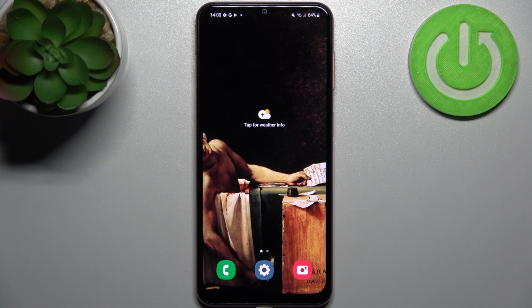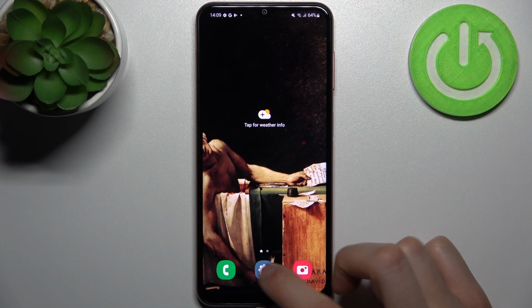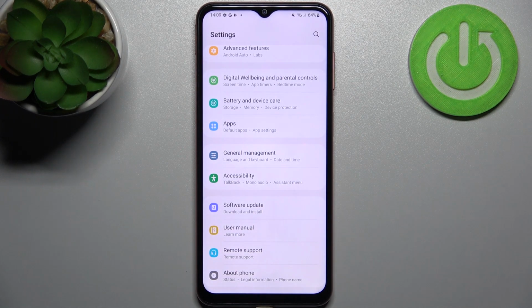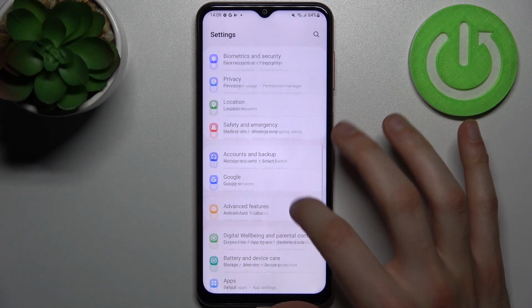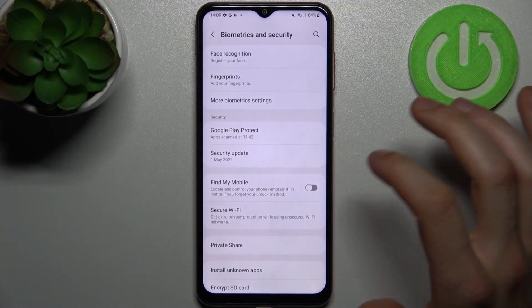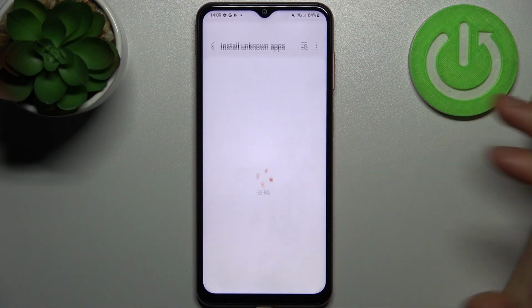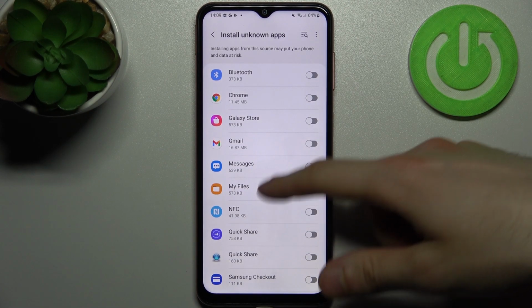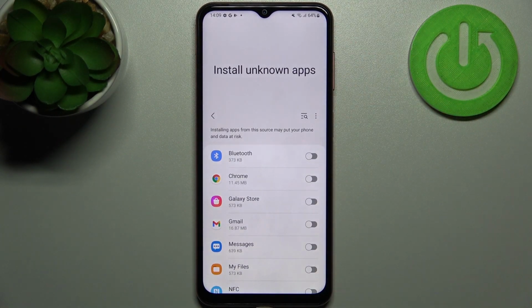Here I have Samsung Galaxy F13, and today I'm going to show you how to enable installation from the unknown sources on this device. So firstly you have to open settings, then go to the biometrics and security, then go to install unknown apps. So here you can see the whole list of the apps through which you can install